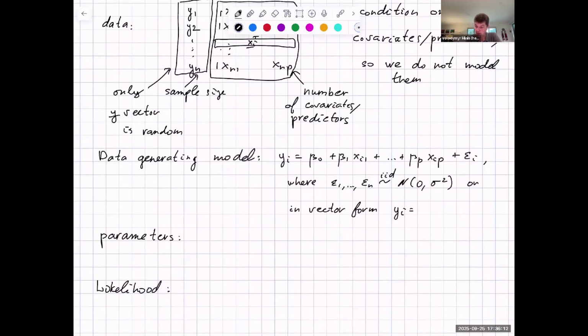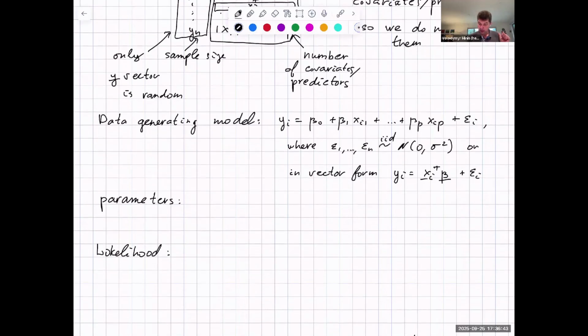We can write yi is equal to the dot product of xi vector and the beta vector plus theta i. My vectors typically would be column vectors. So xi transpose is a row vector, beta is a column vector. You multiply them, you get a number back. That's your inner product. And so the parameters, the vector beta is just this vector beta